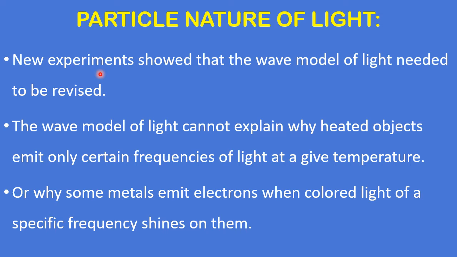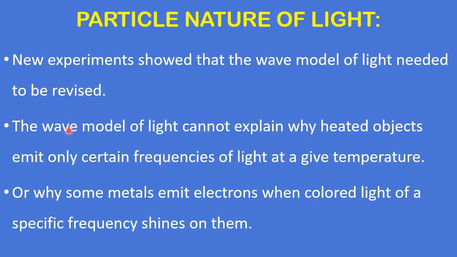There the wave theory fails. So that means we require one more theory, so that with that theory we can explain some more properties. For example, there are two properties in the 11th class which are explained on the particle nature of light, not on the wave nature of light. Those two properties are what? Photoelectric effect and black body radiation. So these two properties of light are explained only on the particle nature of light. That's why he said the wave model of light needed to be revised. So we want something extra from the nature of light.